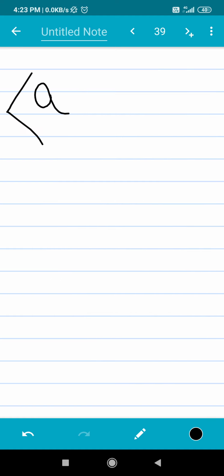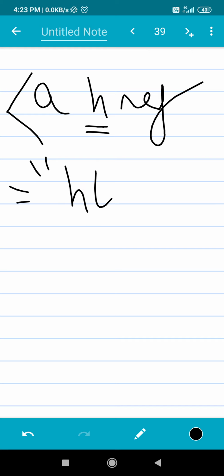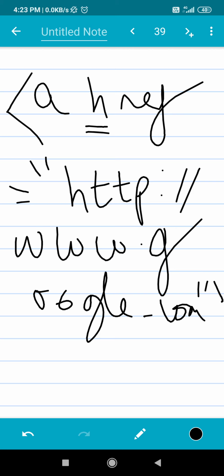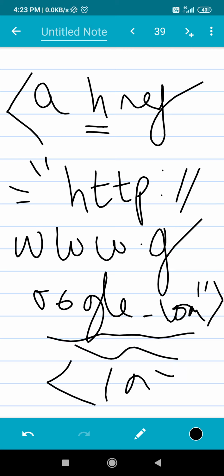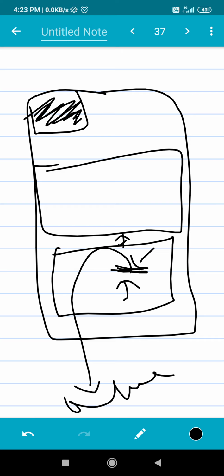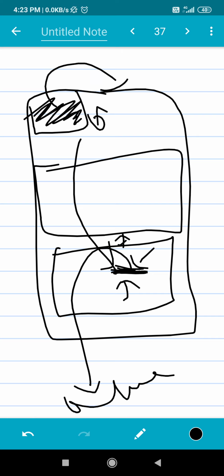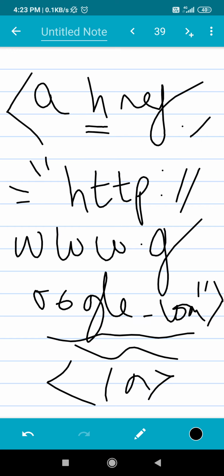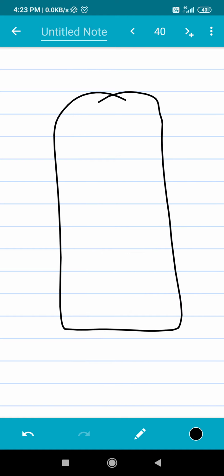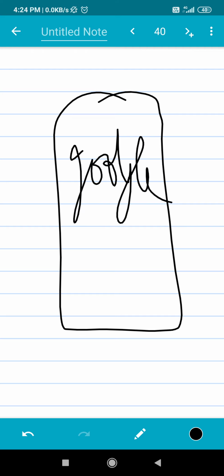So what we write is a href, the hypertext reference, equals http colon slash slash www.google.com, and then there's the text, then you close the A. In the web browser, you refresh and click the blue text, and in the same tab it will open the Google website that we all know.